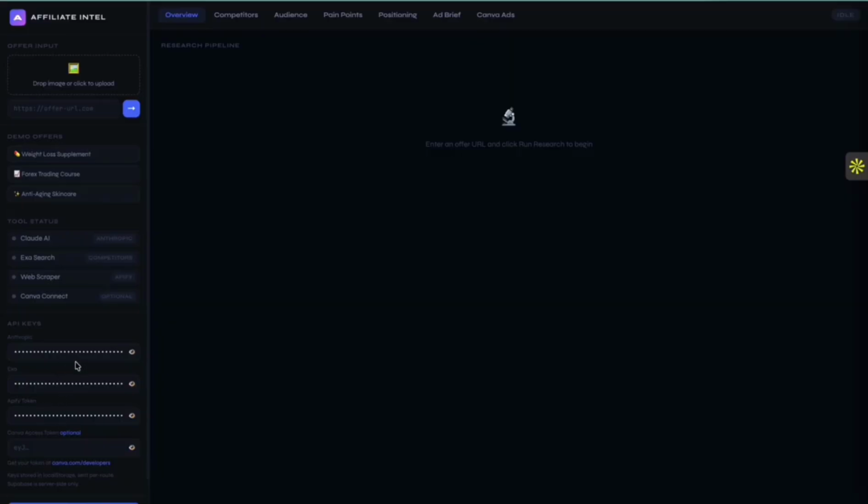So I have placed the tokens here. It is designed in such a way that you place them once, and the next time you load the whole interface, they would be automatically filled. So let's test out these demo offers I have for this. I was working on the whole logic, but that is not complete yet. But these are the things that are currently working. I still need to fix some logic in the pipeline.